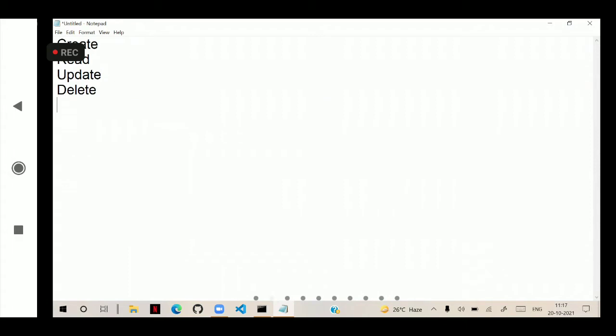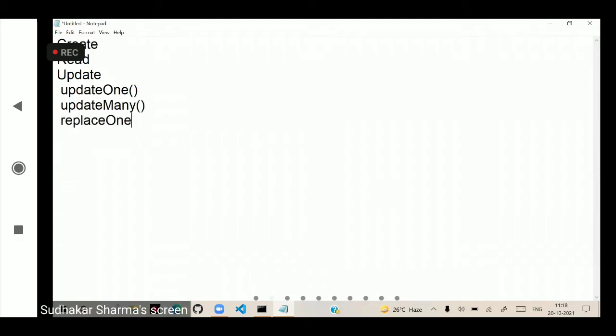So the commands for updating: you have updateOne, you have updateMany, and we have replaceOne. These are the commands used for updating the records. How we can update, I will show you. Actually, update is done by using a lot of operators. Update command requires, actually how we update is